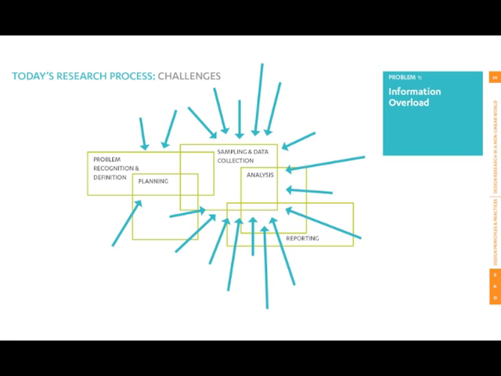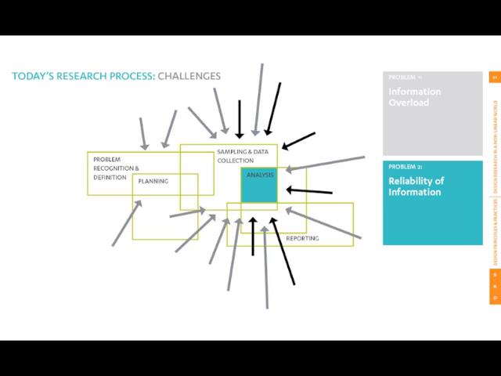So first, let's look at information overload. There is a danger of too much information. How do you know where to stop? The web offers endless amounts of information, which creates challenges from scheduling with clients to planning the research project and how to even explain the approach to clients in the first place. Then there's determining the credibility and relevance of the information. How do you know if something is credible and relevant to the topic you're studying, especially with so much out there? There is very limited filtering before publication online, and most people put up anything their heart desires.